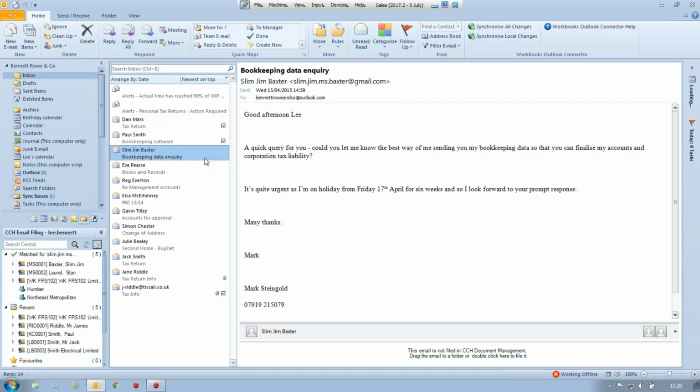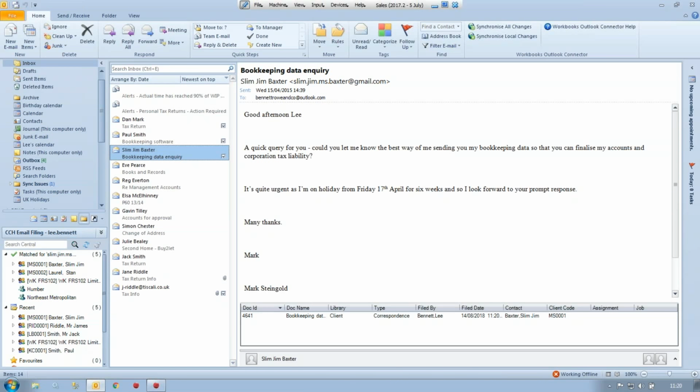Now there are different ways of implementing email filing. I probably won't have time to go through every single option that there is, but to simply save this email, you literally just drag and drop over the top of the record where you want it to be saved. Now in my system, I've switched on kind of automated filing. So as soon as I do that drag and drop,